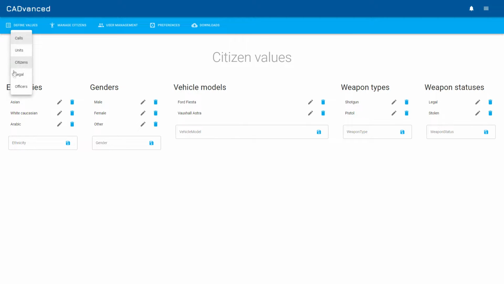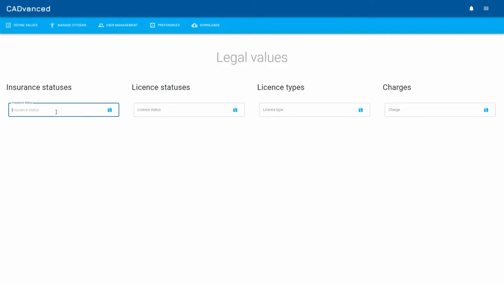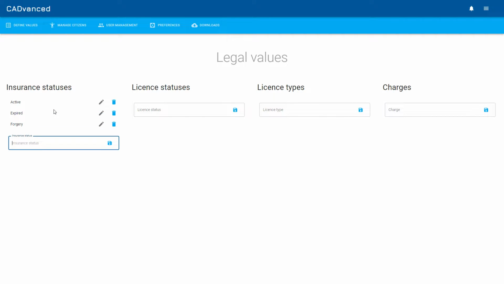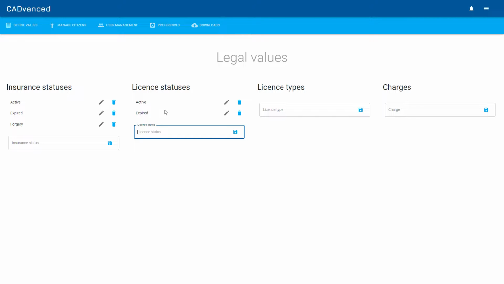So we move along to the next one. This is where we define various values relating to the legal aspects of the CAD. So insurance statuses, so you could have an insurance status of perhaps active, and maybe expired, or maybe a forgery. Similarly with license statuses, so we'll do the same here. License types, so you might have